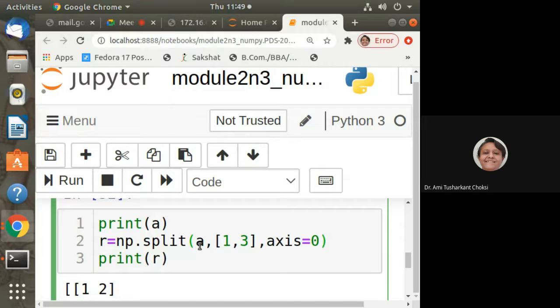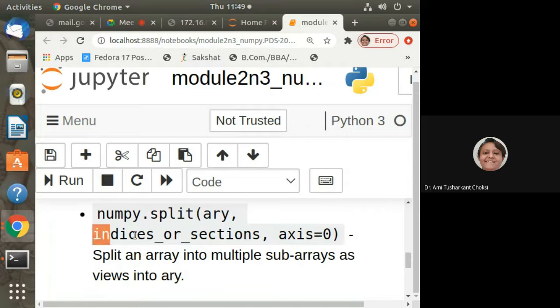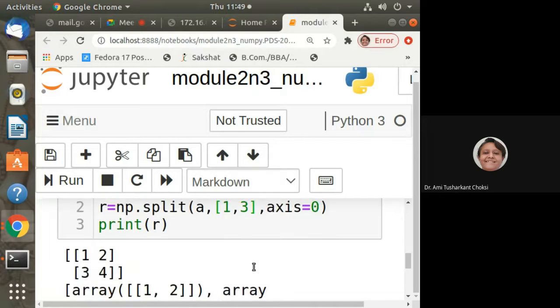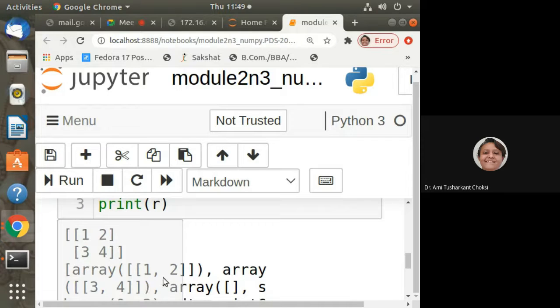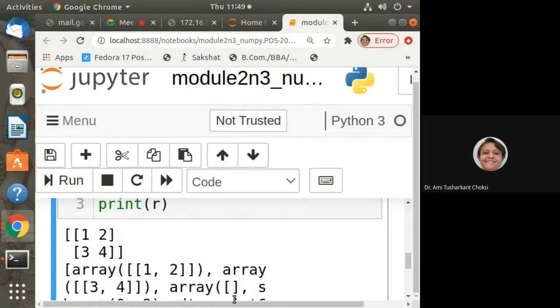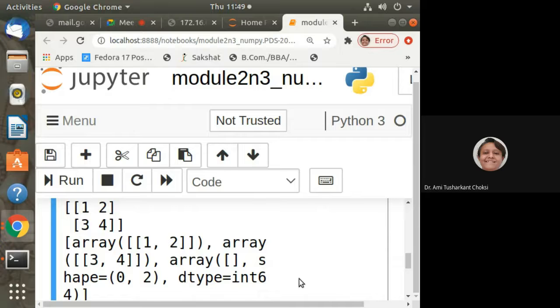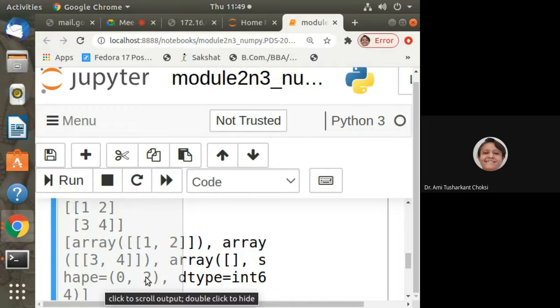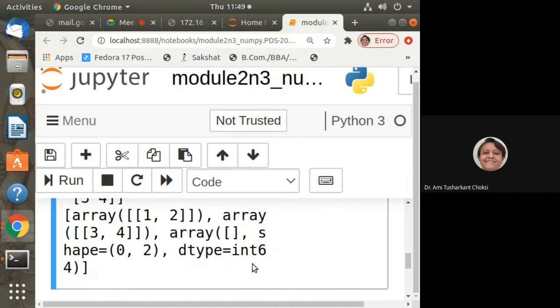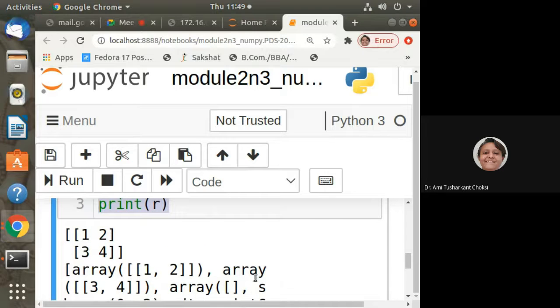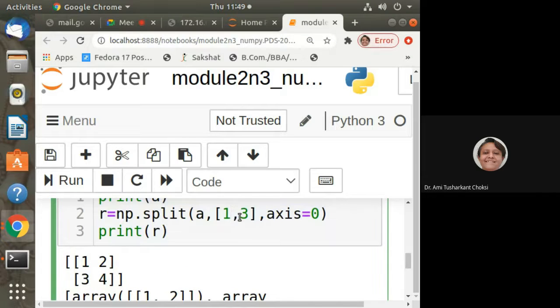Now, NP dot split A and 1, 3. What is that? Indices or sections. Now, we want to understand how it is giving us sections. It is giving us sections 1, 2, then 3, 4, then you can say empty, right? This way it is giving us shape is equal to 0 to 2, dtype is equal to integer 64, right? So what we are doing is 1, 3.